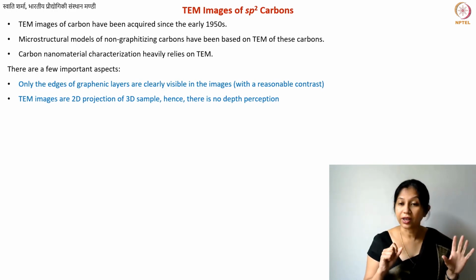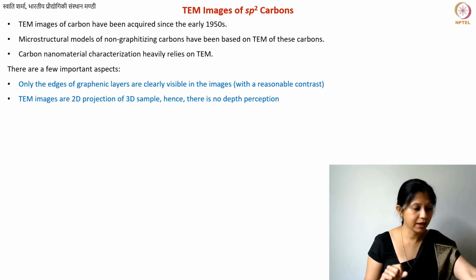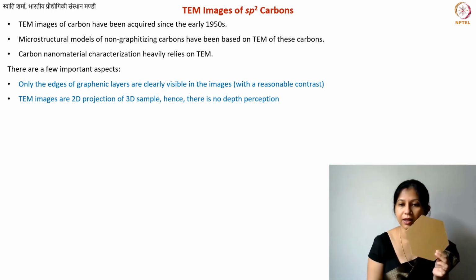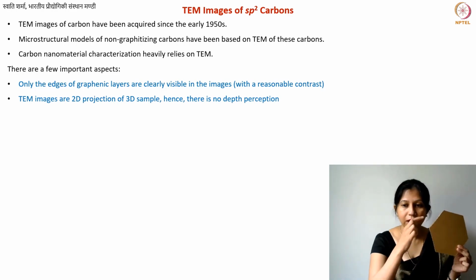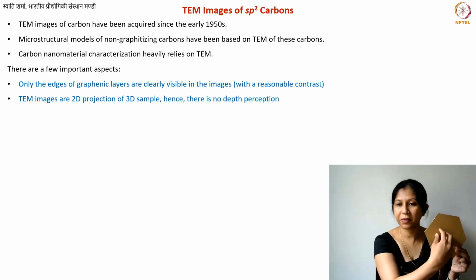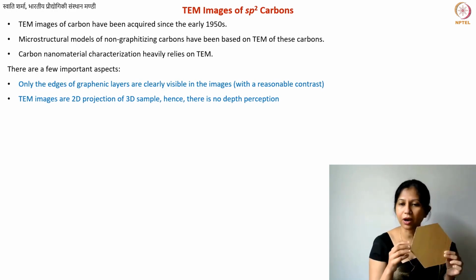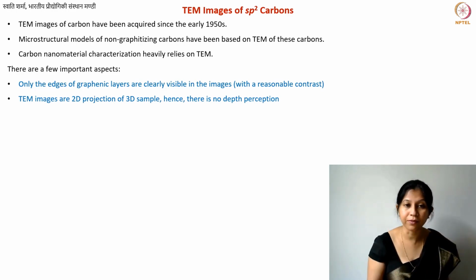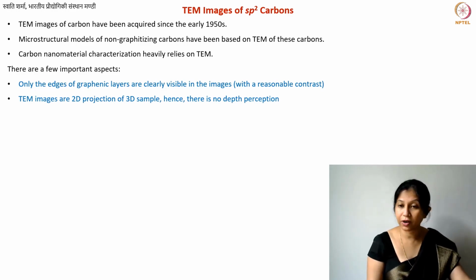So two things, when you see any carbon material, let's say I have this. Yeah, so if I see this, what is going to be visible? Only the edges. You will not see this central part because our carbon materials seem to have a reasonably high transparency to electrons, at least the lower energy electrons. So it is only the edges that are visible. That is number one.